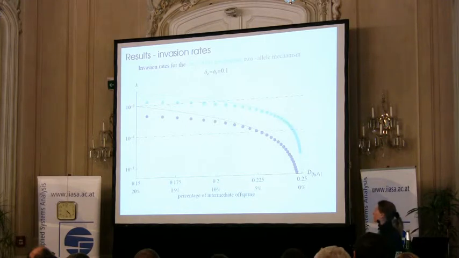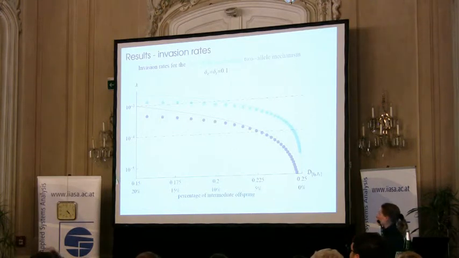There are several things you can see from this. First, if we are close to complete speciation, the approximations hold really well. On the other hand, the closer we get to speciation, the more quickly the strength of reinforcement, which is measured by this invasion rate, decreases. And we also see what we had expected before, that this happens even quicker for a two allele mechanism than for a one allele mechanism.